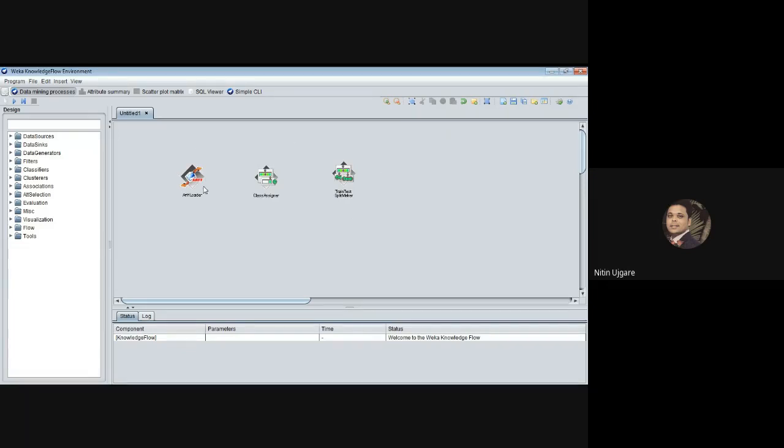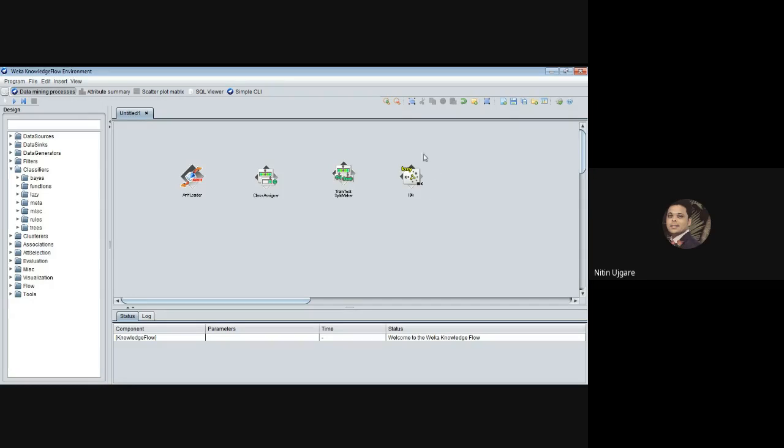The next job is very easy. We have to just select the classifier. So I will select the lazy classifier. Because we want to evaluate the performance of this classifier, the model will get built here after selecting the machine learning algorithm.